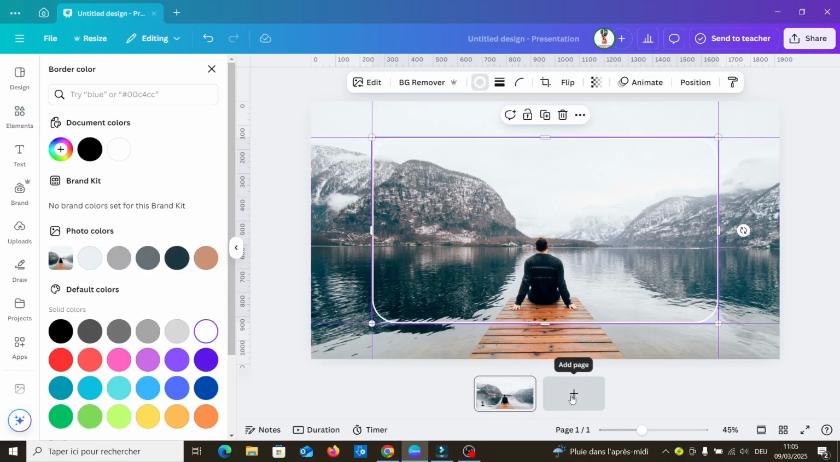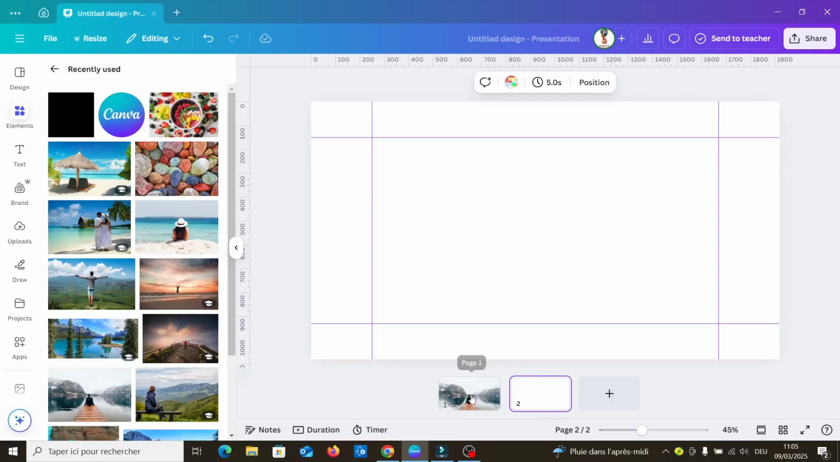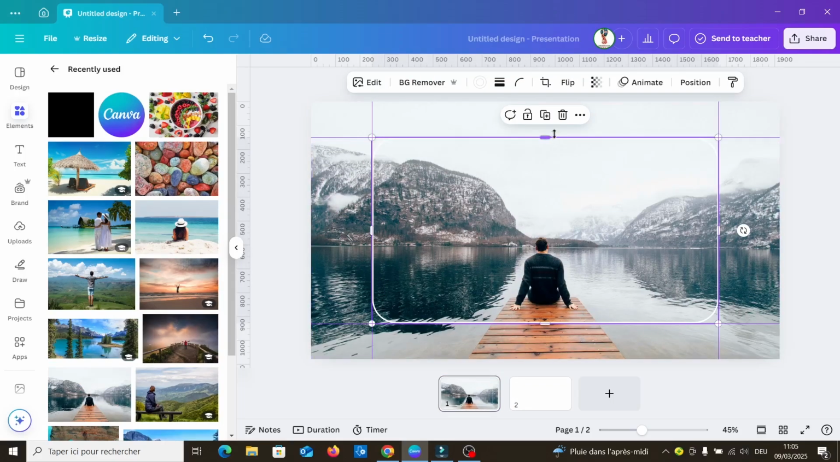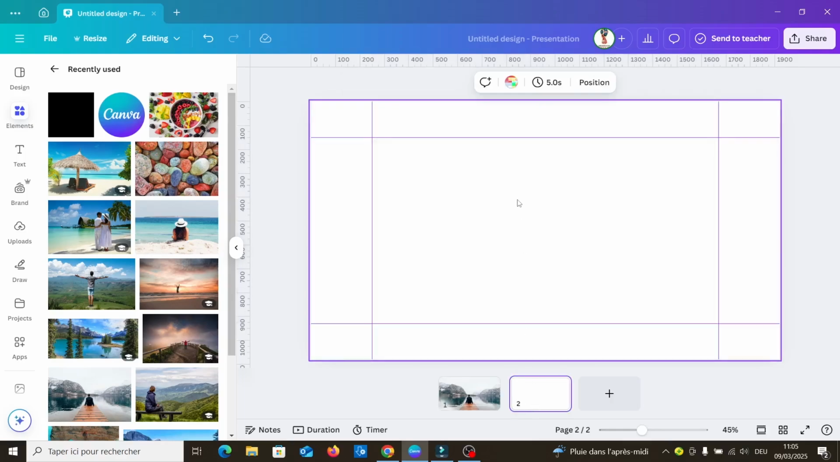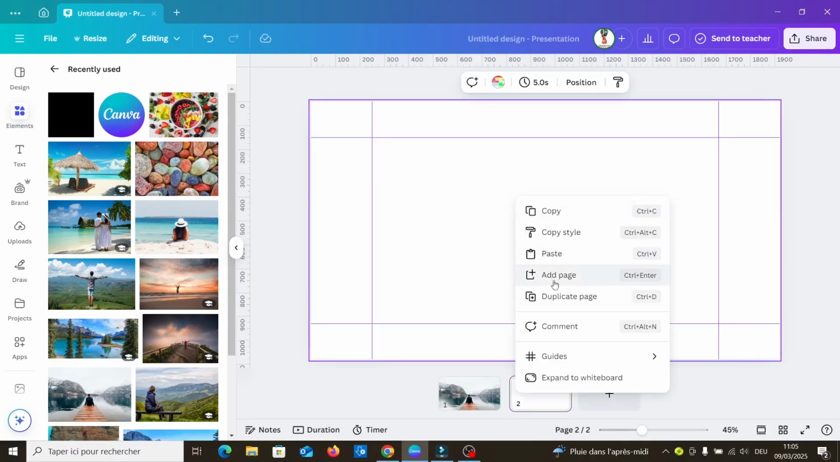then add new page, copy this second photo, duplicate it or make just copy and paste in second page,